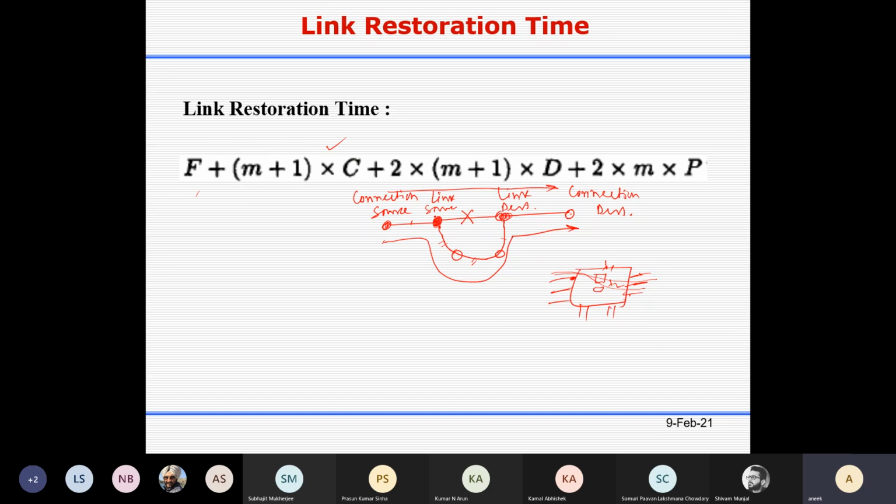But this portion is more important because it's a source initiated restoration process. So along the connection source node to the connection destination node, the same thing is done, only your source node should be the connection source node and the destination node should be the connection destination node. So you have F, then this delay you have to consider. The link fail message has to be transmitted.